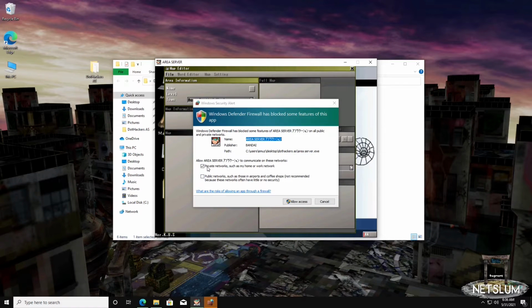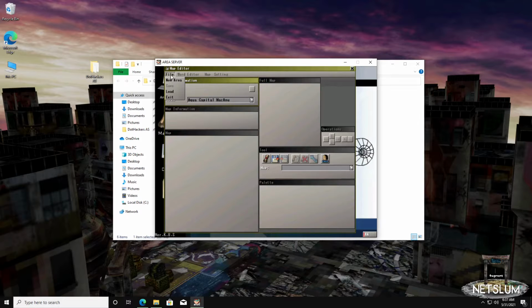So you can go ahead and leave it on private because you're going to be using a forwarding method. But if you wish to, you can do the public. I do not recommend it for security reasons, but go ahead and say allow access, and you only have to do this once. All right, now that you've told Windows that you want to allow the firewall,